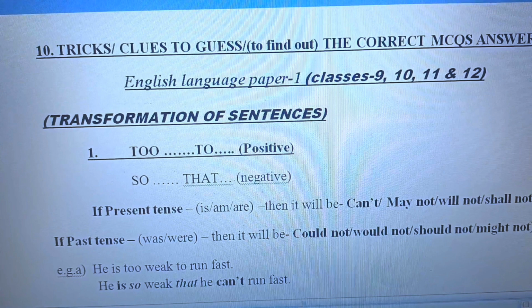In English language paper 1, ऐसे MCQs बहुत बार पूछे जाते हैं और often बहुत सारा MCQs हम wrong बना देते हैं। तो चलिए सीखते हैं ट्रिक कैसे करेक्ट MCQs का पहचान कर सकते हैं। तो बने रहिए वीडियो